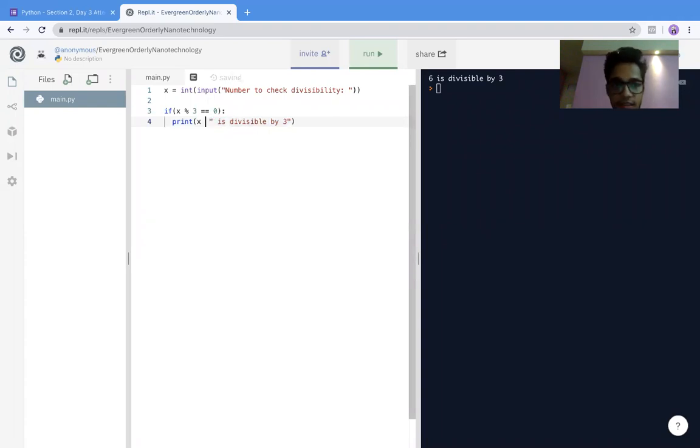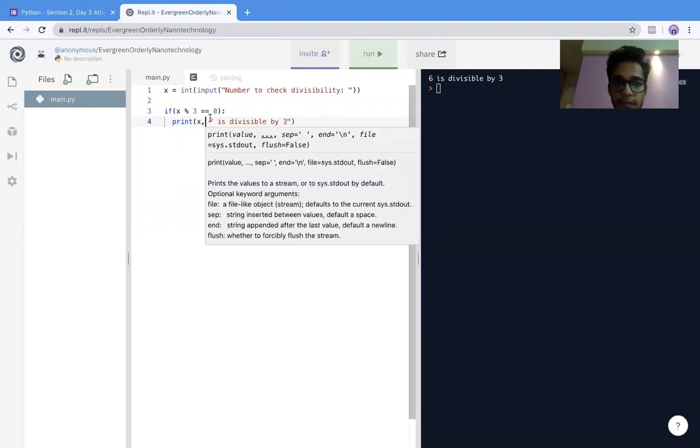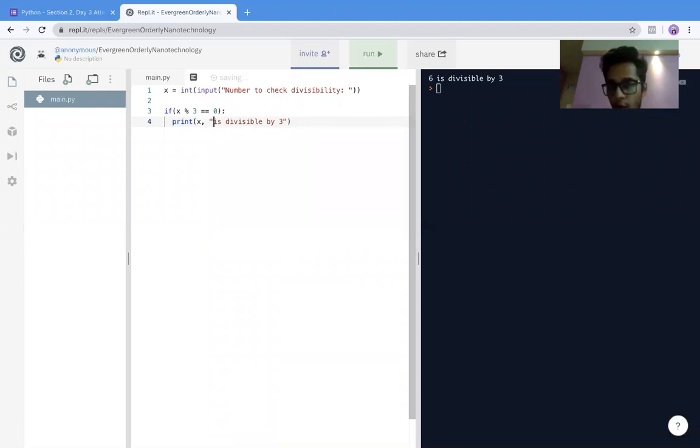In scenarios like this, you can basically use a comma instead of a plus sign. It also acts as a concatenation operator, but it works in more use cases. X plus something is a confusing statement wherein plus could act on an integer as a number addition. It could also work on strings as a concatenation, and you have both of them in your operands. So it's better to use a comma operator. I'll show you. This will give you an error, as integer and string addition will not take place in this way. So you have to use formatters and stuff.